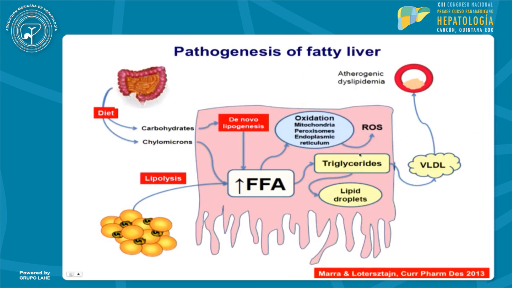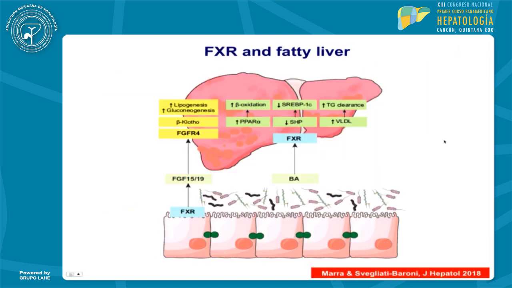So if we look at the pathogenesis of fatty liver, we know that the fat may come from dietary components, through de novo lipogenesis, and through lipolysis of the adipose tissue. This is actually the major component. And this leads to oxidation by different organelles within the hepatocytes, generation of ROS, or accumulation of triglycerides that may be stored as lipid droplets or secreted as VLDL that eventually lead to atherogenic dyslipidemia. So for example, FXR works on several of these pathways, such as beta oxidation or other lipogenic pathways, and it's in strict